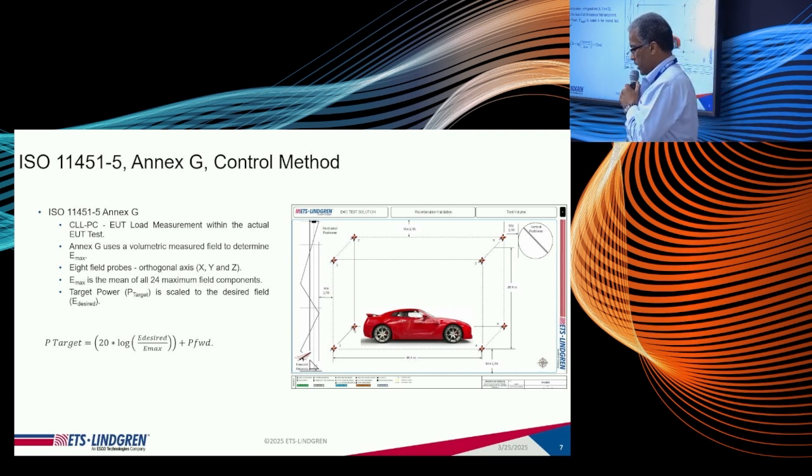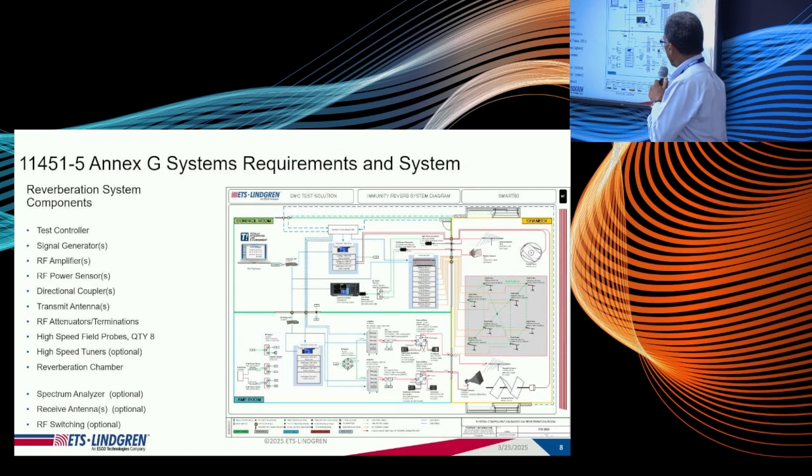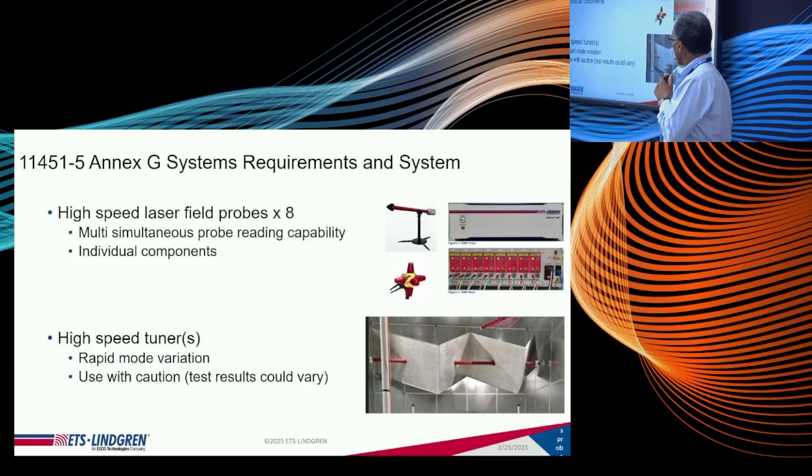So the data I'll show is based on a couple of measurements. The first one is using some of this equipment, typical RF immunity test setup, where you have your signal source, your amplifiers, multiple field probes in this case, and then you'll have your device under test, in this case a vehicle, in the middle of the reverberation chamber. Other pieces of equipment, obviously you have your transmit antennas, maybe a receive antenna is optional, but most of this is equipment that you'd normally have when doing an immunity sort of measurement in a reverberation chamber.